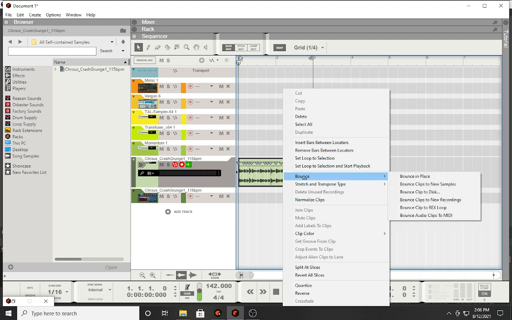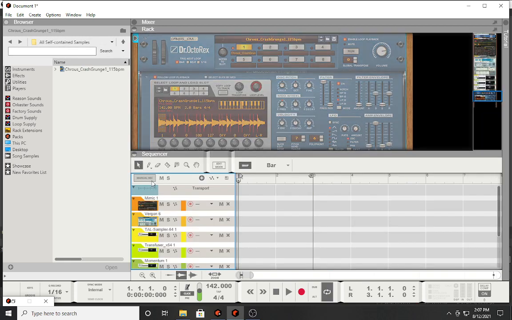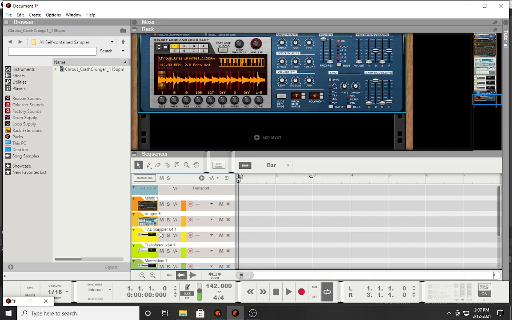Then you would right click, go to bounce, bounce to Rex Loop, put that in, open up a Dr. Octo Rex, throw your sample in, or now your newly created Rex file, and